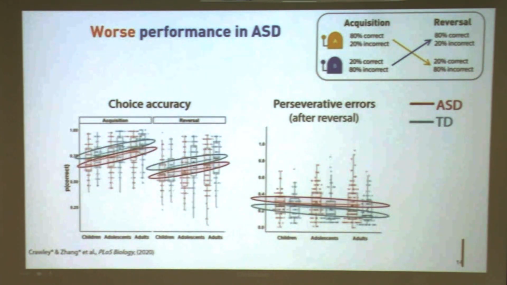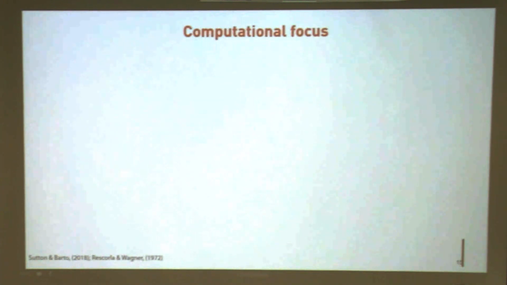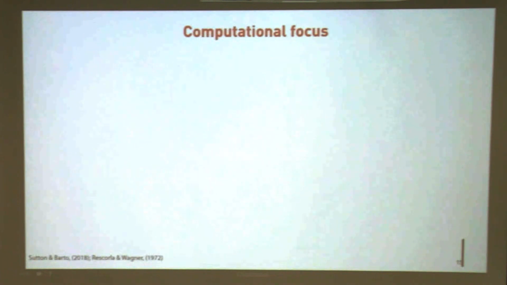And if the autism spectrum disorder individuals did not figure out the change effectively, they will get stuck more. That also means they will make more mistakes after the reversal. And this is what we see in red. The ASD individuals make more mistakes overall relative to the healthy individuals. I can tell you the result without modeling already. But then, as I mentioned in the introduction, we're interested in the computational mechanism underlying it.